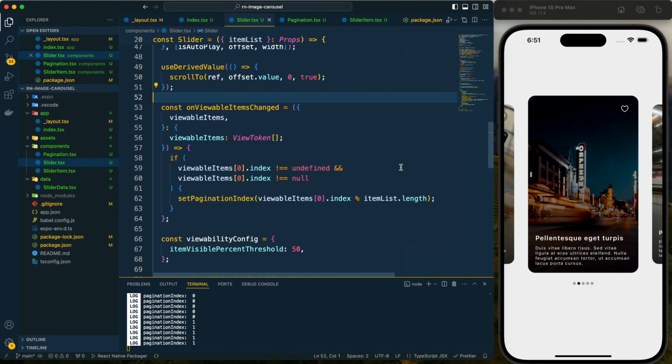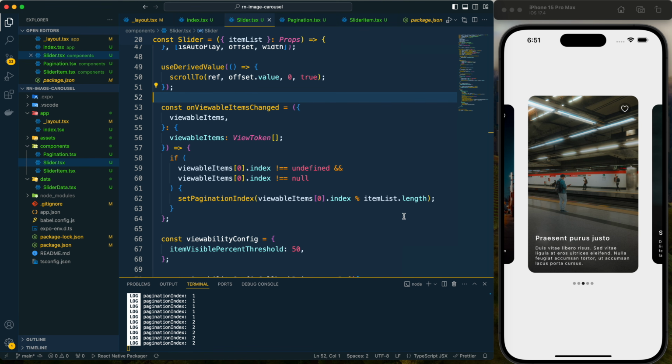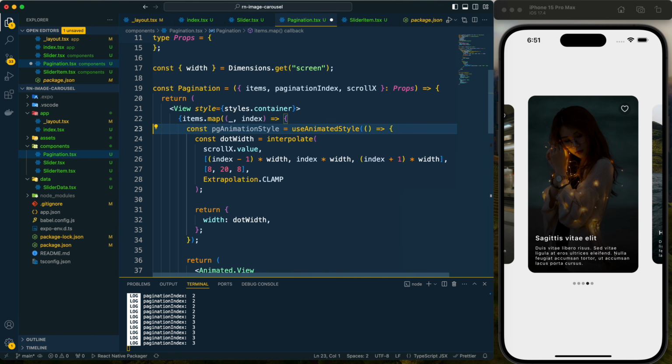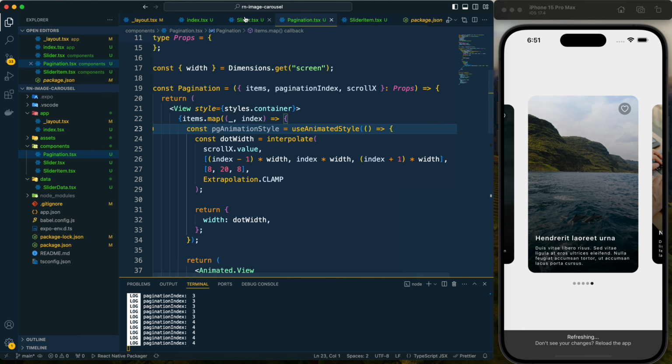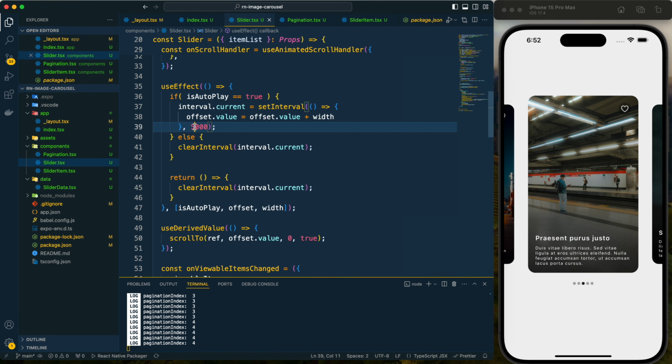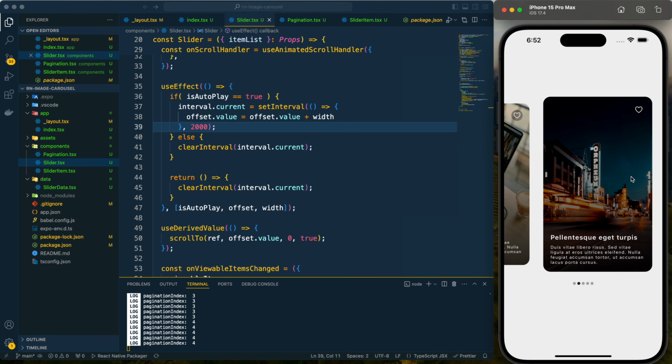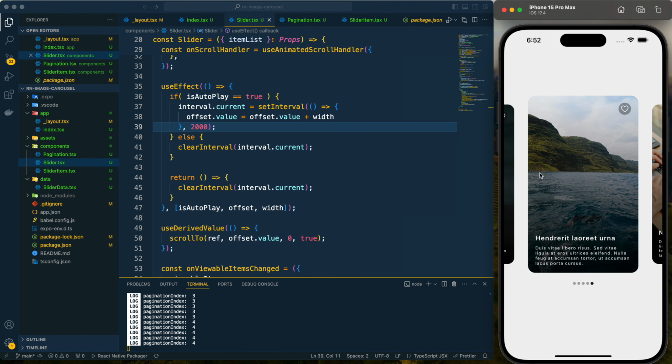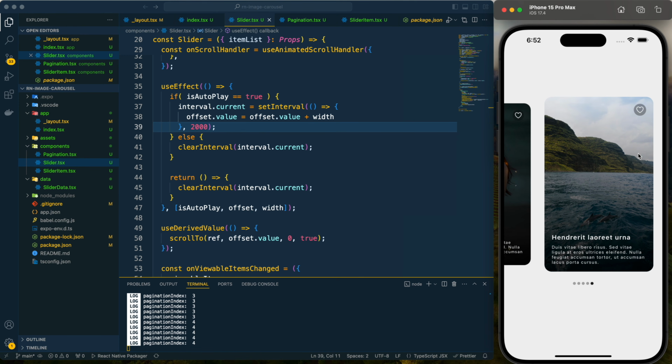Now after saving, here we can see it is autoplaying by itself, right? Here let's get rid of this console log, and here let's change the value of it. So here we can see we have a glitch over here.